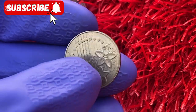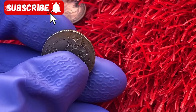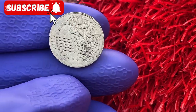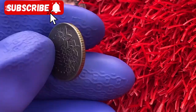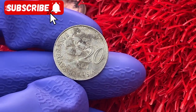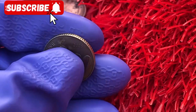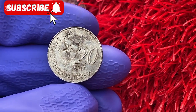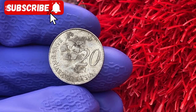Its small size belies its importance in keeping everyday commerce flowing smoothly. Furthermore, the 2015 20-cent coin is part of a long historical narrative that links Malaysia to the broader global monetary system. Malaysia's coinage has evolved in response to global metal prices, international trade relations, and technological developments. The shift from cupronickel to nickel-plated steel